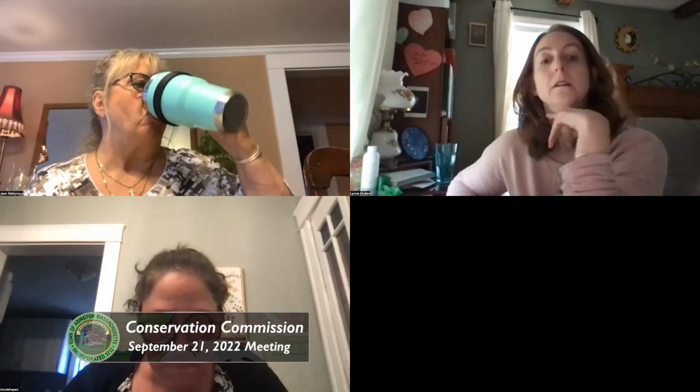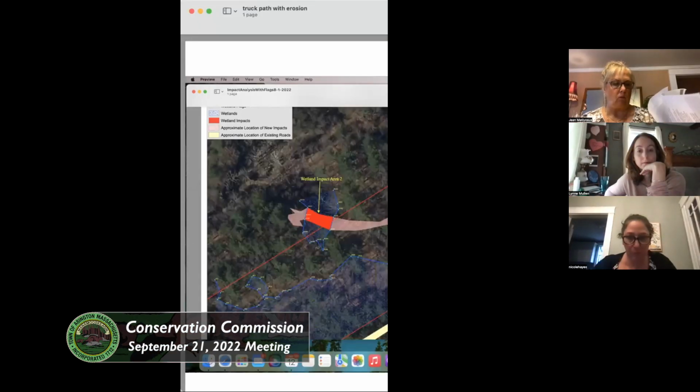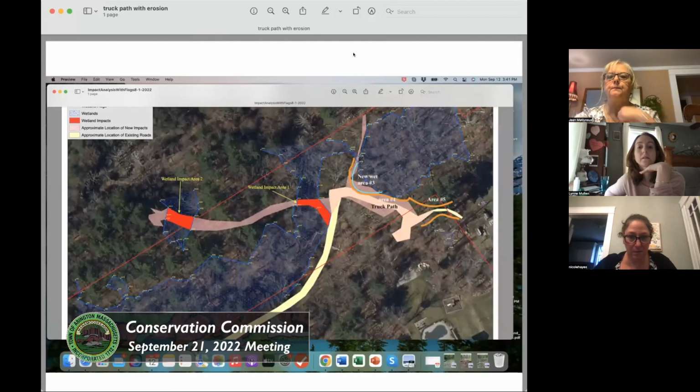Can I share my screen? I think so. How do I... can you see what's on my screen? No. There should be an icon somewhere. I don't know if you're using a computer that says share content. Okay, yep. Yep, share. Okay, can you see it? Yes. Yep. All right, so